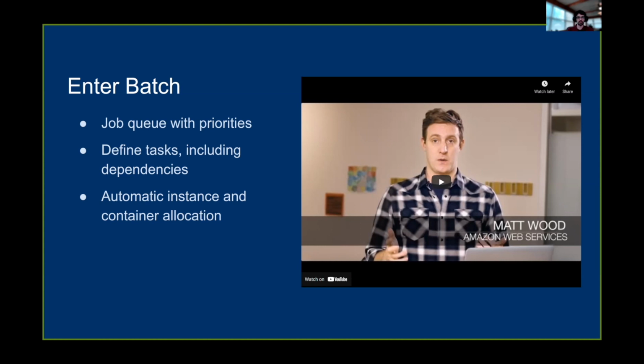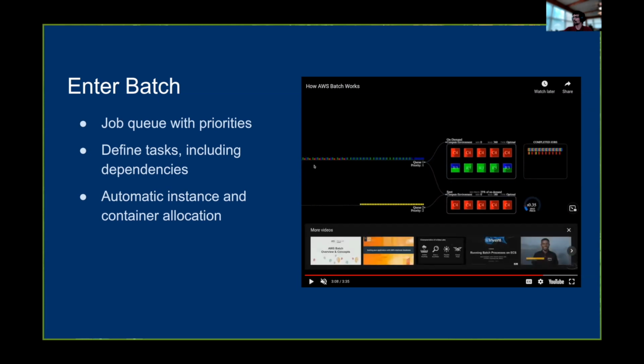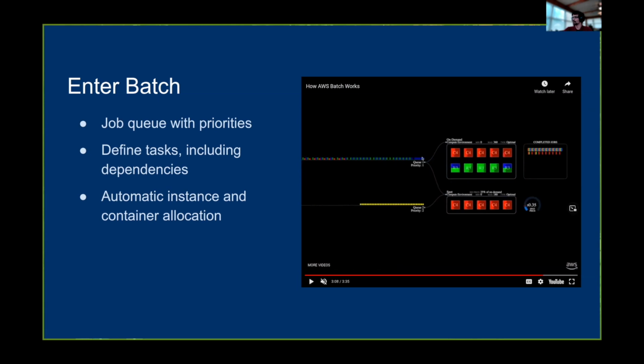It's really designed for batch processing, but it works really well for this task-based model. And showing this video which has some nice visualizations, you can see that as tasks are coming into this queue, it's picked. This is the higher priority queue. This is a lower priority queue, and the different colors on these tasks represent